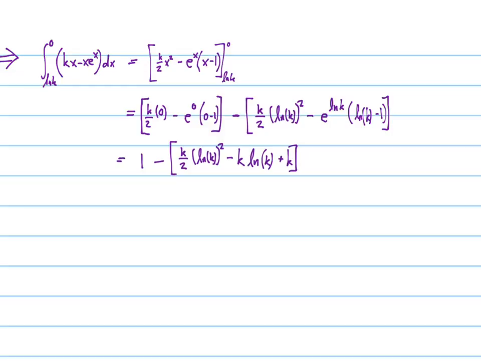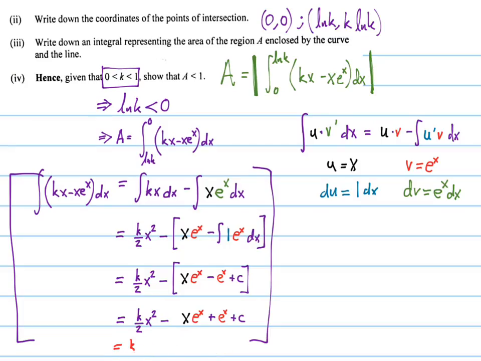Okay? Now, what to do with this is really a problem because k is any number between 0 and 1. So we know k is a positive number. But my challenge here, if I remember correctly, if I can go back and see the question, I'm trying to show not only what the area is, but that for any values of k between 0 and 1, the area is going to be smaller than 1. Now, if I go back and look at my integral,